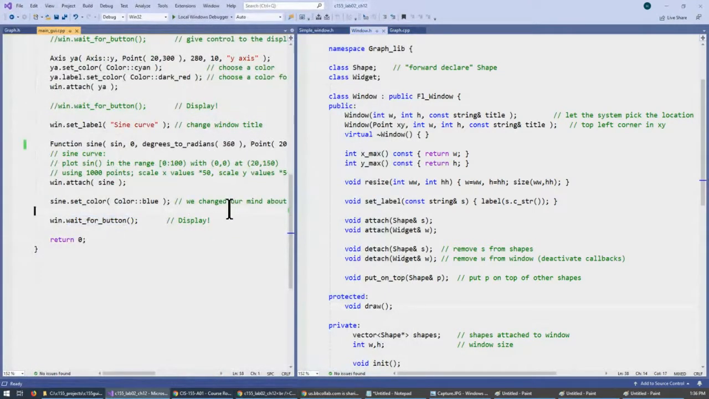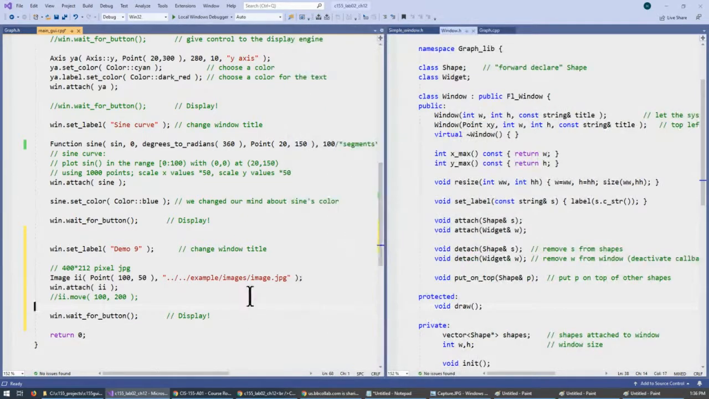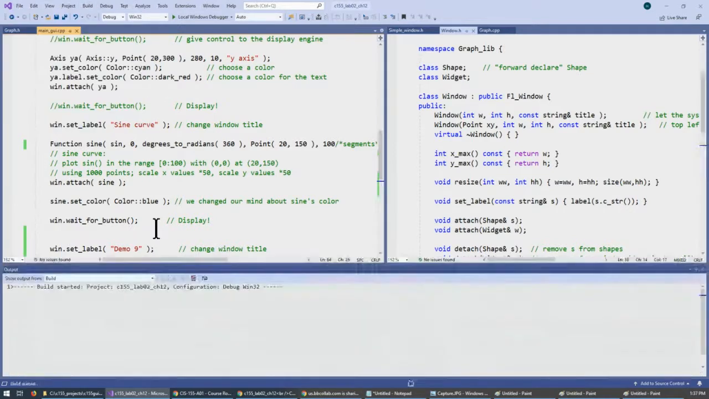And so once we're done with our sine curve, we can add something new like this. And this, for instance, again positions everything correctly. Some of the images are predefined. So let's take a look at this result. If I build it,